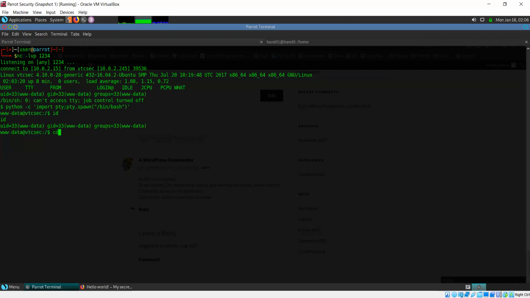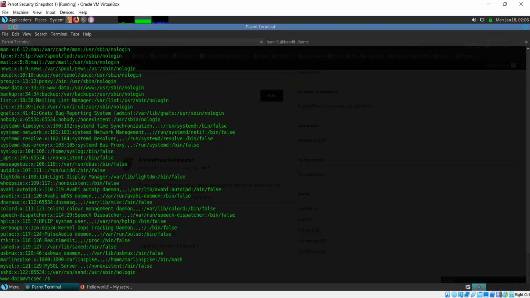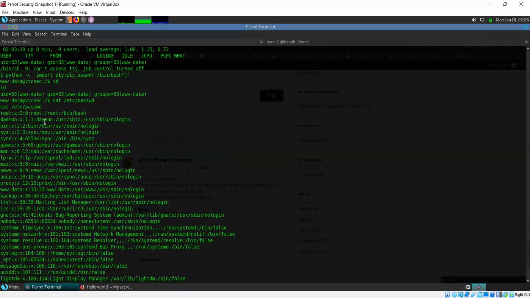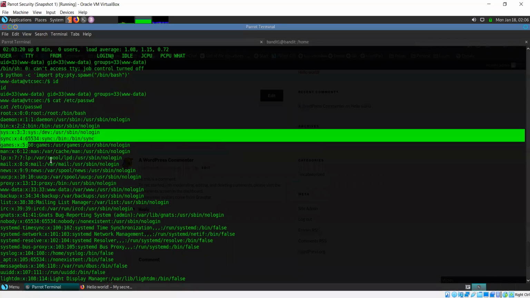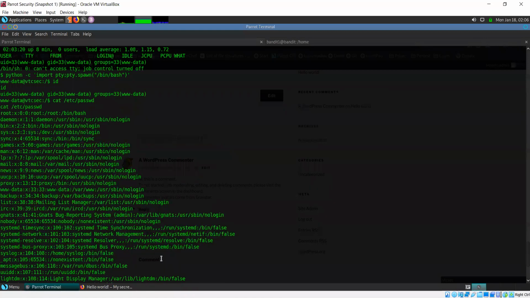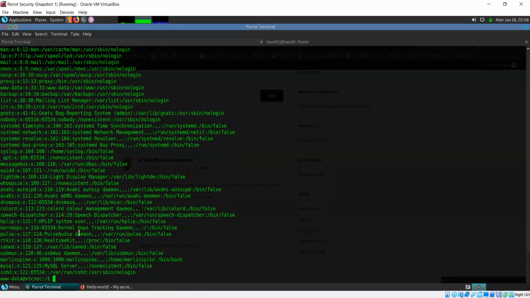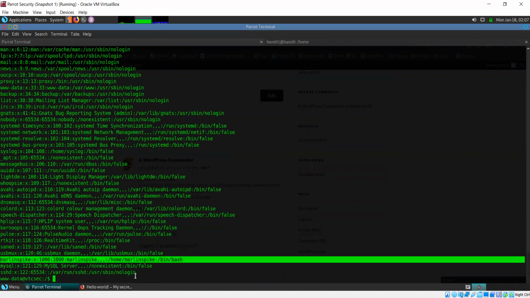Let's see if we can find out how many different users there are on the system. I can try to output the password file, which carries details of users present on the system. Of course root is going to be there, followed by a lot of system accounts. Is there any user we can see? I think this is a user, Marlin Spike. It has an ID of 1000, which is not for system accounts. It's for user accounts. So this is a user account, Marlin Spike.